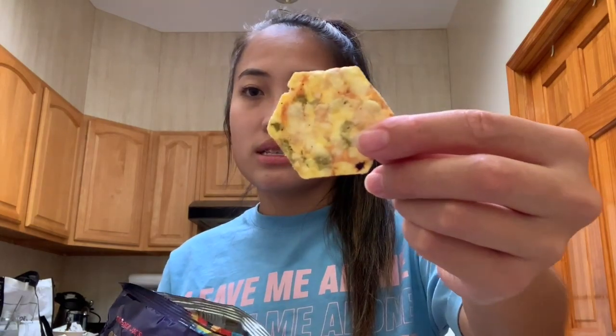They look like this. Crunchy, tasty, so good. So I got these, but after I finish this bag, I'm gonna try not to get any more for a while. Okay, so the very last naughty item that I got is